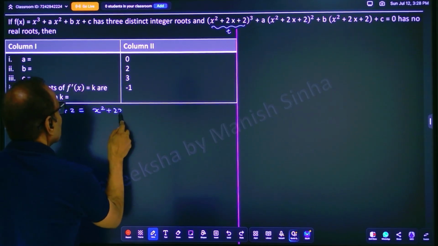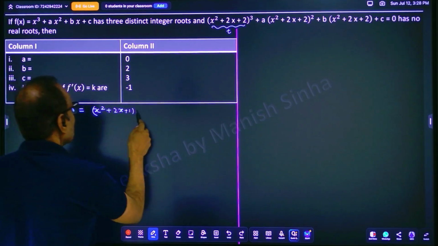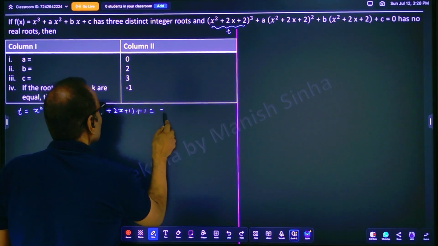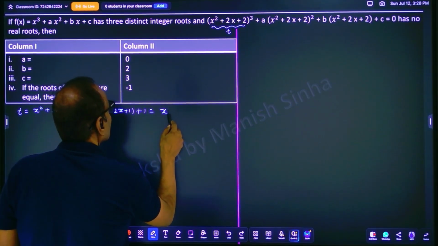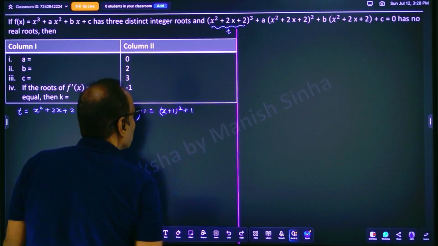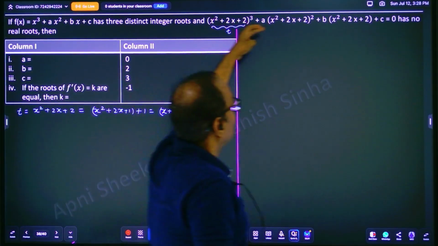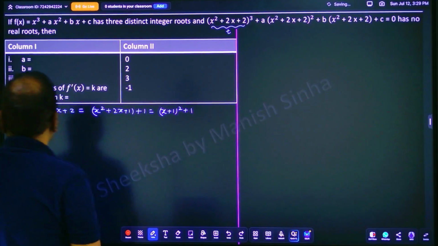Further we can write it, so this equation will become